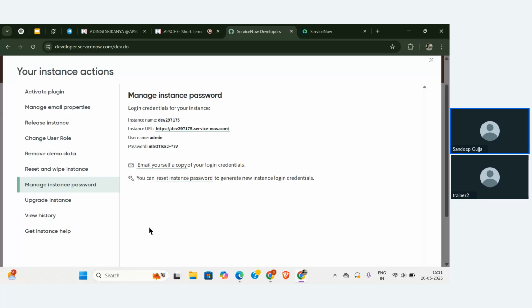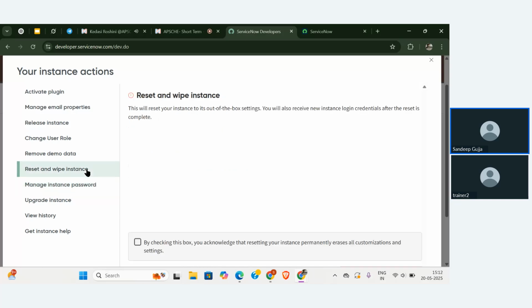If you want to reset your password, here is the link. If you click on this, it will directly allow you to generate your new credentials. That means the username will be the same, but you can change your password. You can put your own password. But I won't recommend it, you people, don't change your password. Use the existing password. I will tell you about this whenever we work on system security. I will give you a task to change your password, but as for now, no need to reset your password.